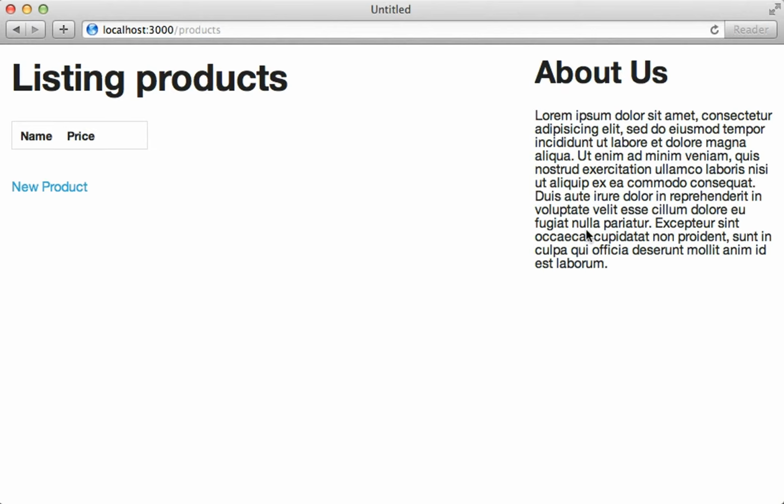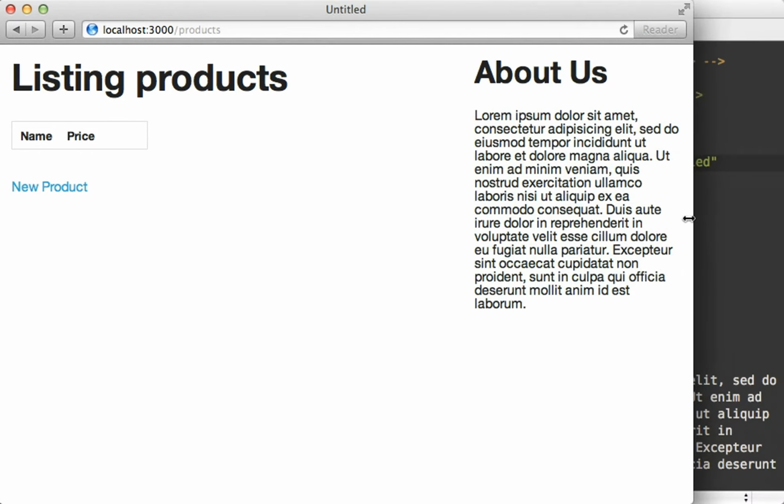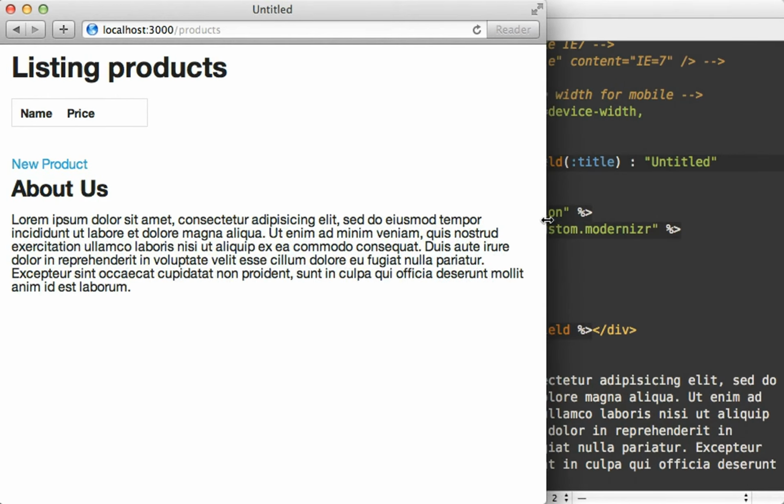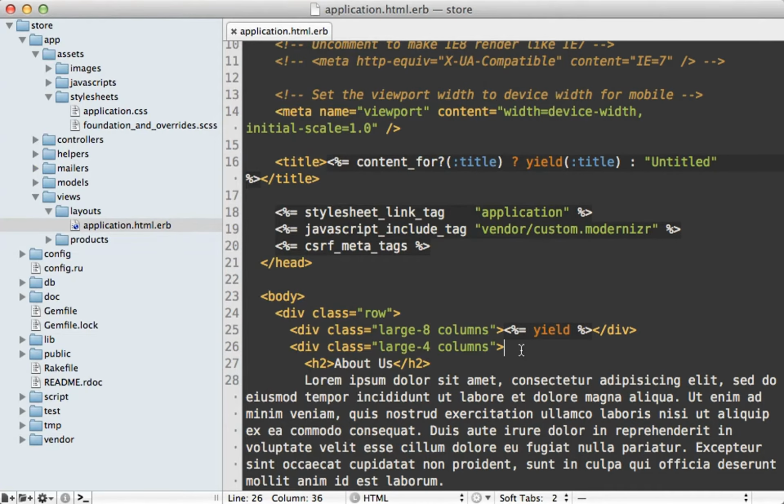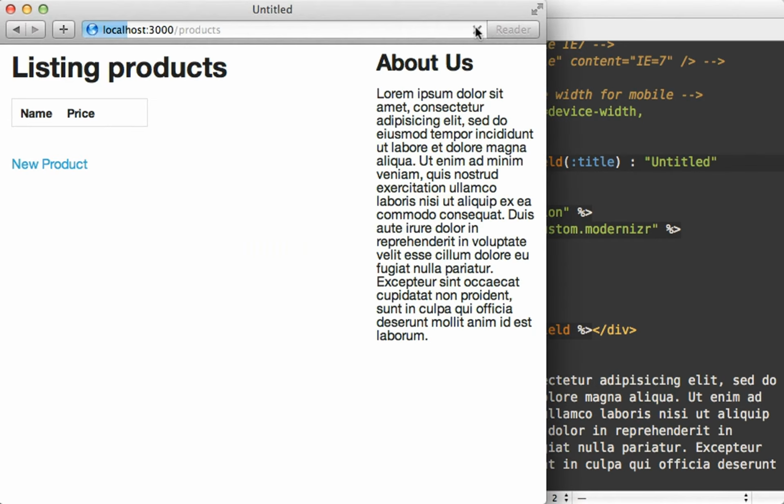Now I used large columns here, which means they're designed for a larger screen, and if I resize this window, then you can see that they all collapse onto a single column width, and that means on mobile devices it will show like this. Now if you don't want this behavior, you can use these small columns instead, and this way it'll work the same across all sizes. Now if I reload the page, you can see we're back to 2 columns, even on